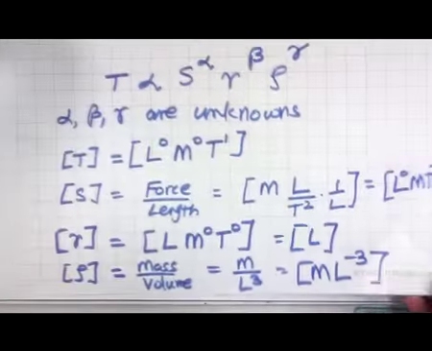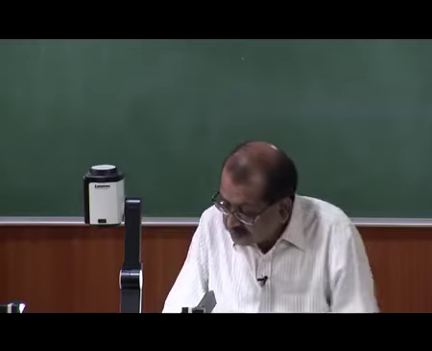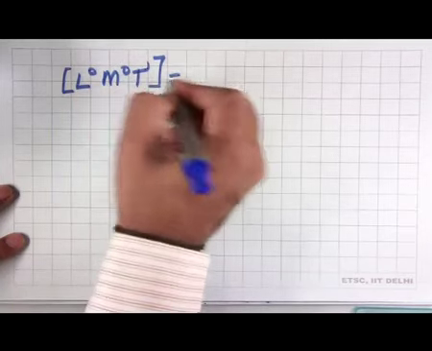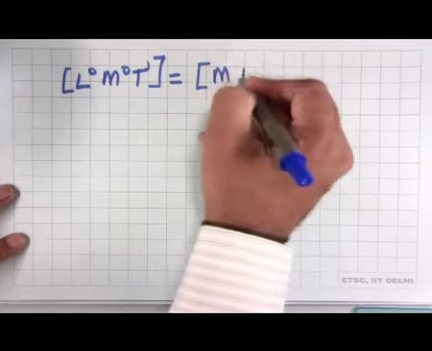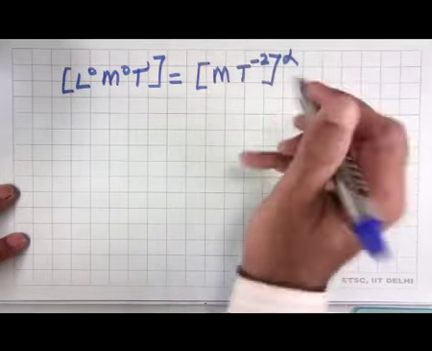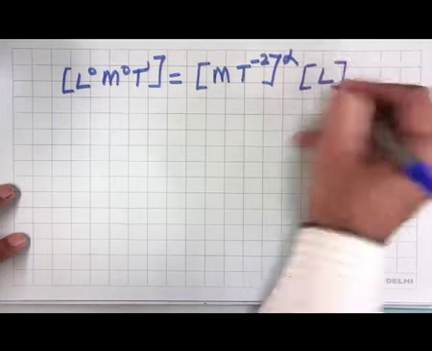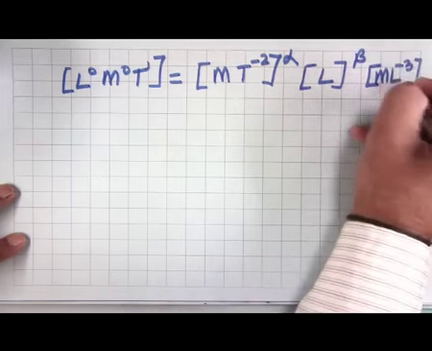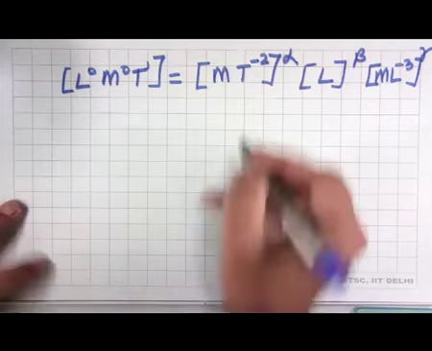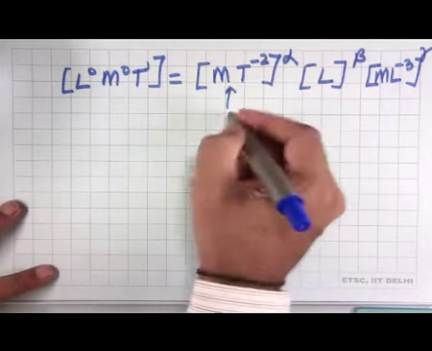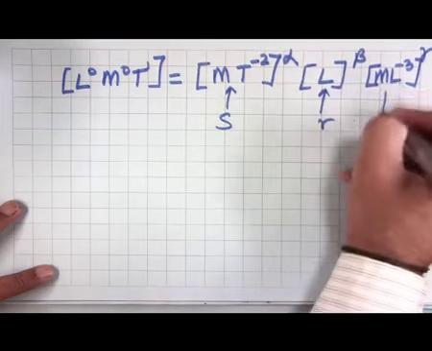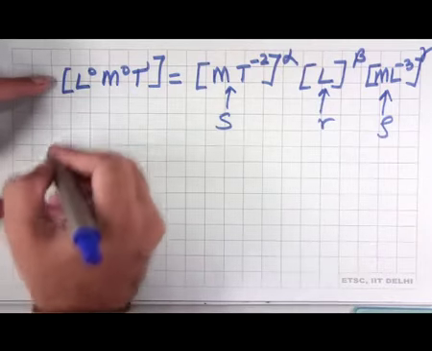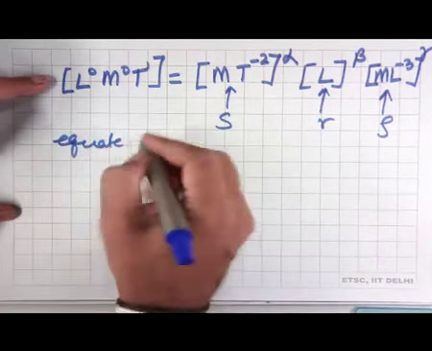So, now when we finally express this, what we get is L 0 m 0 t to the power of 1. This is equal to m times t to the power of minus 2 to the power alpha, L to the power beta, this is the dimension of r, and m times L to the power of minus 3 to the power gamma. Here this is the dimension of S, this is the dimension of r, and this is the dimension of rho. Now, we calculate. So, we now equate powers of